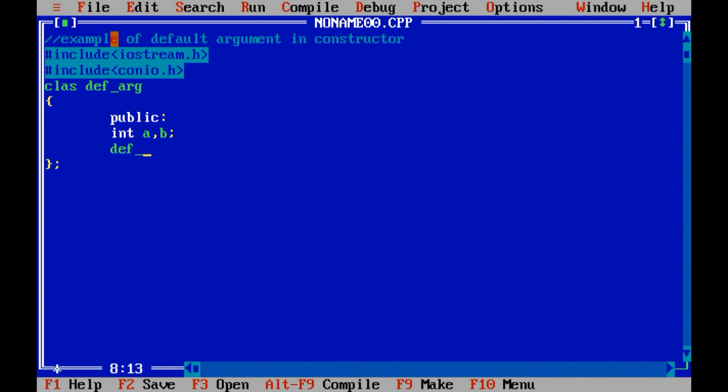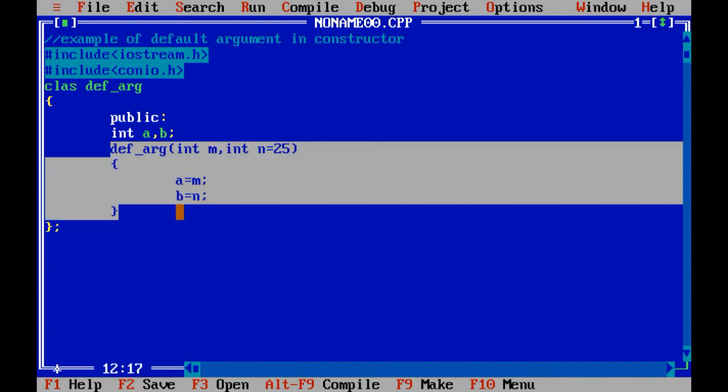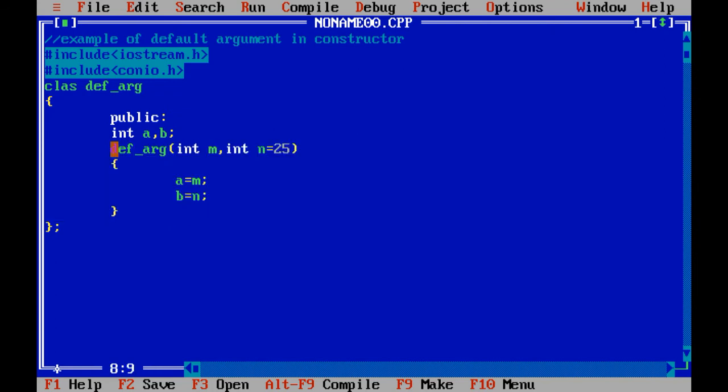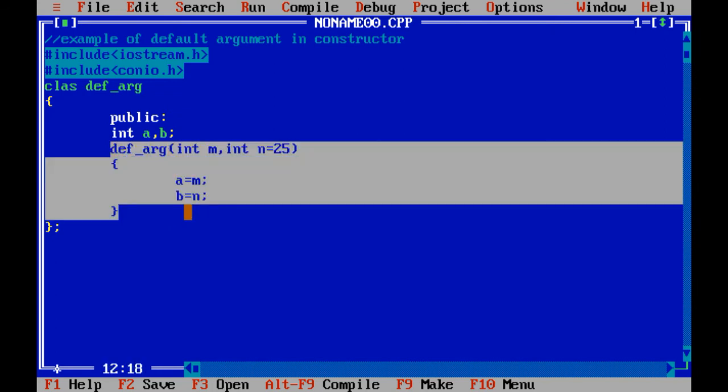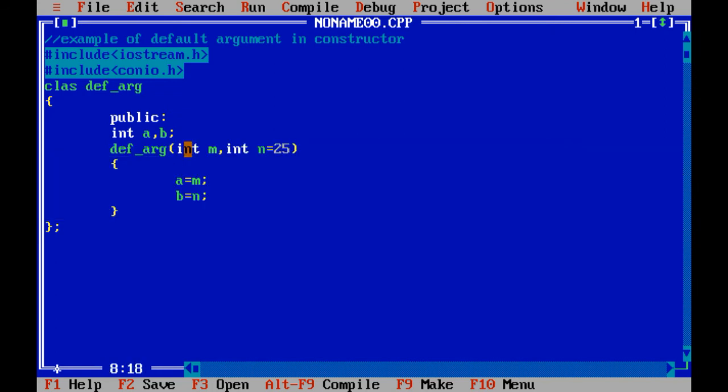Default argument constructor with int m, int n. Right now I have taken a very simple example of default argument with constructor: a equals m and b equals n. This is the parameterized constructor. Don't forget, we have not taken a default constructor because we have passed arguments while we declare the constructor.